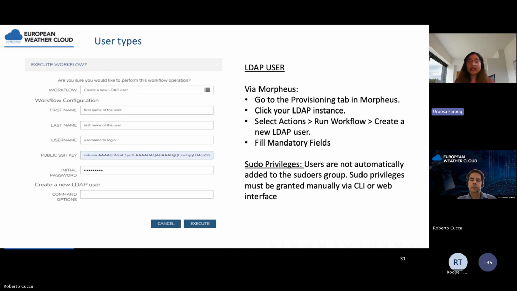So the public SSH key is very important here. You have to attach your SSH keys when creating the LDAP user. The initial password is up to you. It's not mandatory, but if you want, you can give it. But we highly recommend you use the public SSH key for key-based authentication and not use password-based